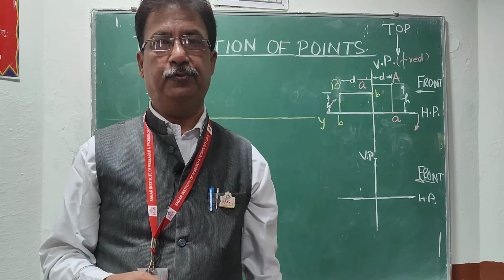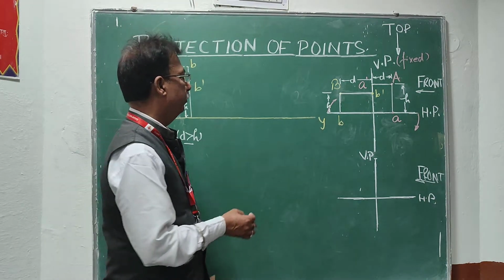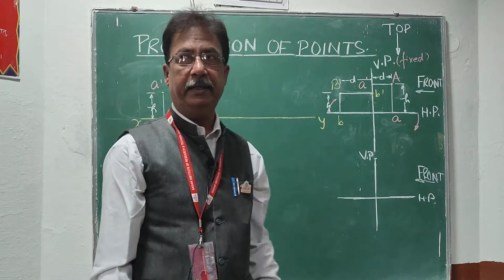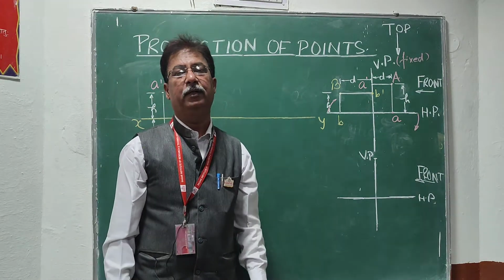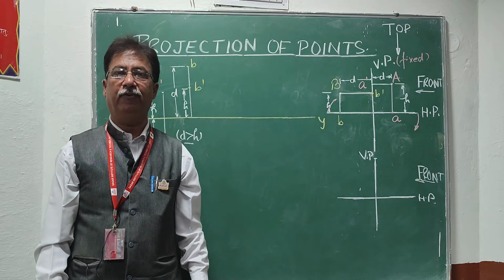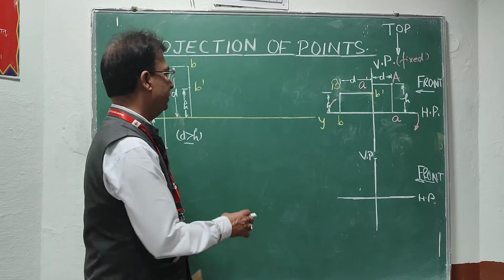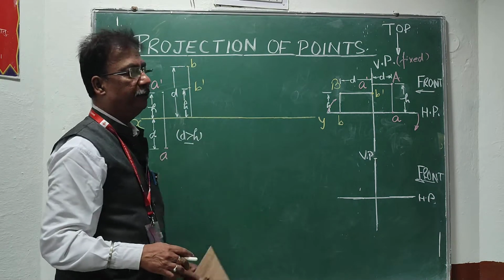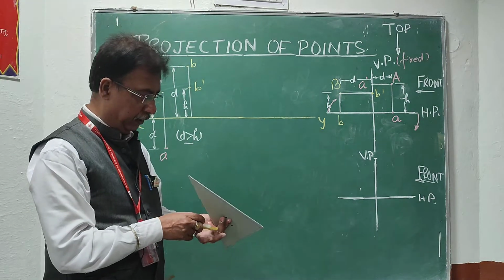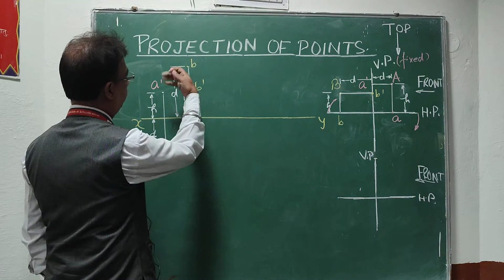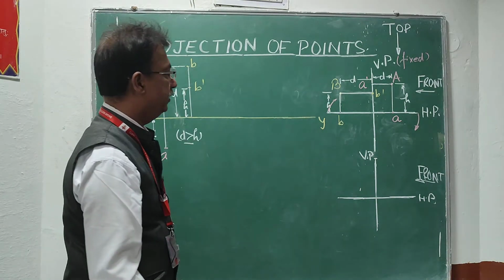If H and D both are the same, then both the projections will coincide. As we know, in the second quadrant and fourth quadrant the planes are overlapping, so the projections will also be on one side of the reference line and they can also overlap. So if the distance is the same, then b dash and b will be on the same point. So this is when the point is in the second quadrant. As you see, both the projections are above the reference line.